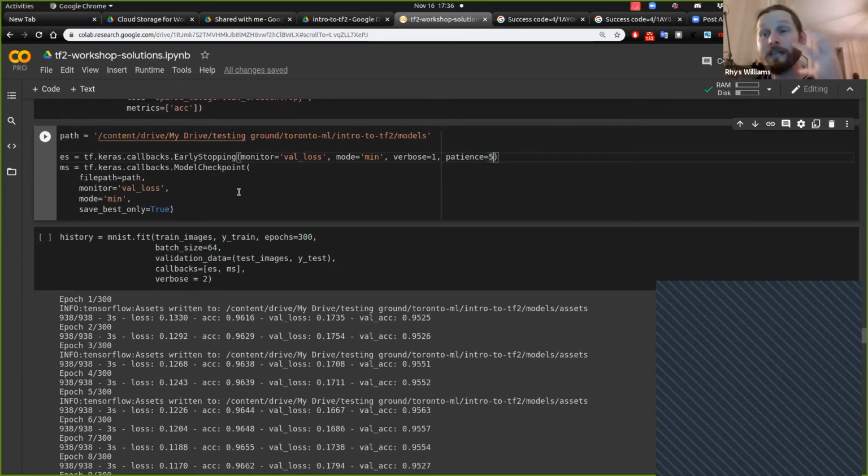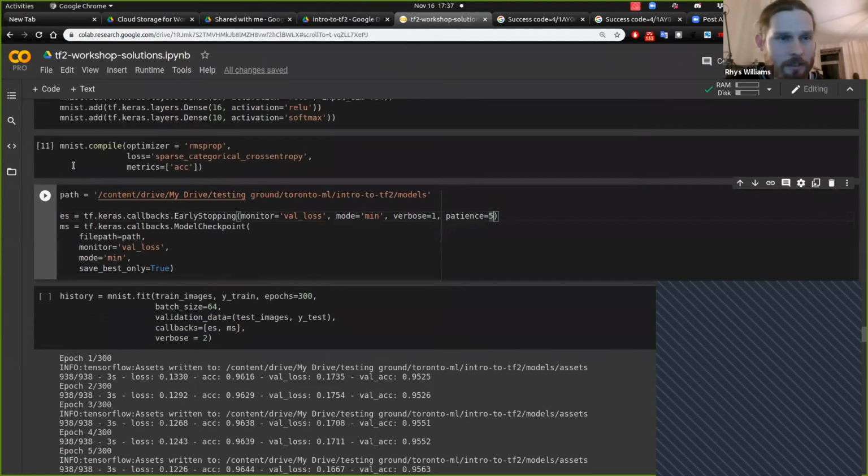Or even if you're dealing with other toolkits for deployment, like OpenVINO, which is what we'll be looking at next session, you can take a saved model, optimize it, take away what you need, and deploy it as a really efficient model. This new method of doing things helps us do that, and we can save our checkpoints. You can see that some of my parameters here, I've just got it to save the best, and I've also got it to monitor the